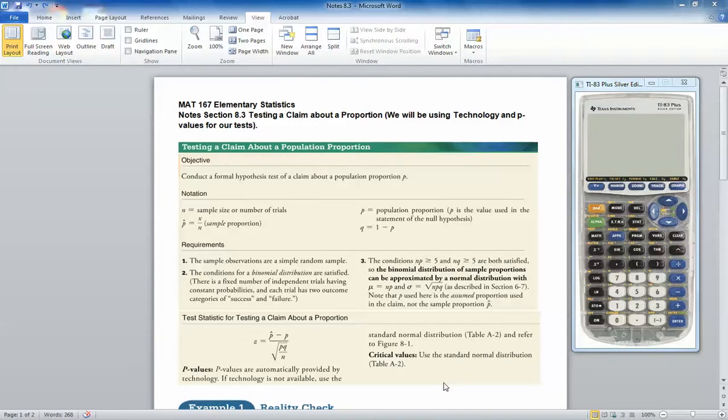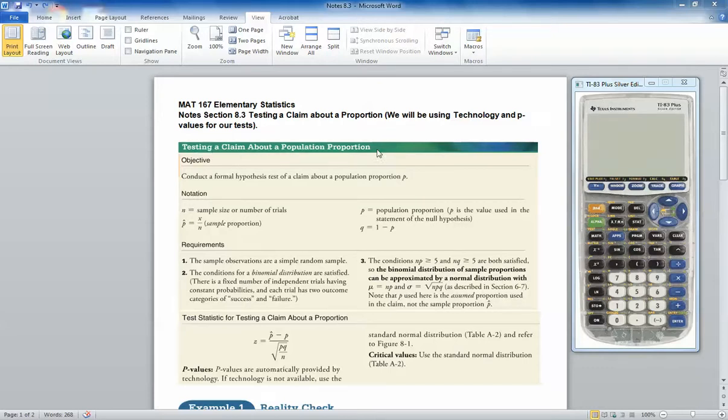In this video, we're going to see how to use the TI series calculator for section 8.3, testing a claim about a proportion. Since we're using technology, we're also going to use the p-value method for our tests. On the first item here, I've copied and pasted the steps for testing a claim about a population